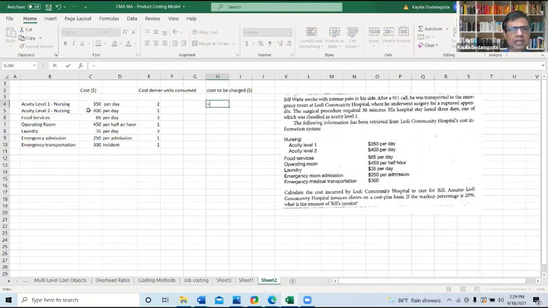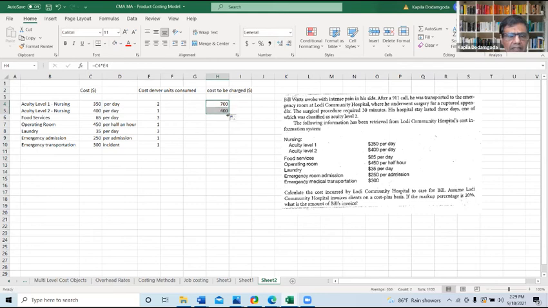Basically, level 1 nursing will cost them 350 per day, and there are 2 days of services. And level 2 is 400 per day, and 1 day was classified as level 2, so it's going to cost 400. Food services for 3 days, each day it's going to cost 65. For 3 days it is